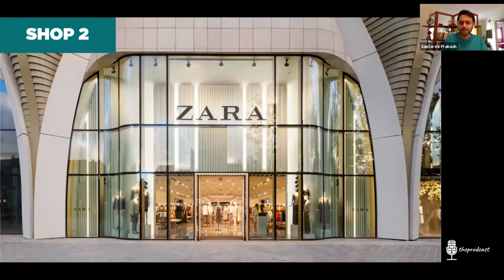And this also sells apparel. But the moment you see the entrance, the facade or the storefront, it's way different from Big Bazaar. The functions of both of these are the same. They sell apparel. But you see how different both those things are? Let's actually take a level deeper inside.